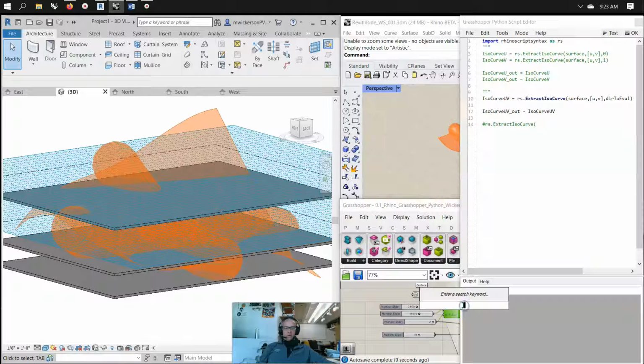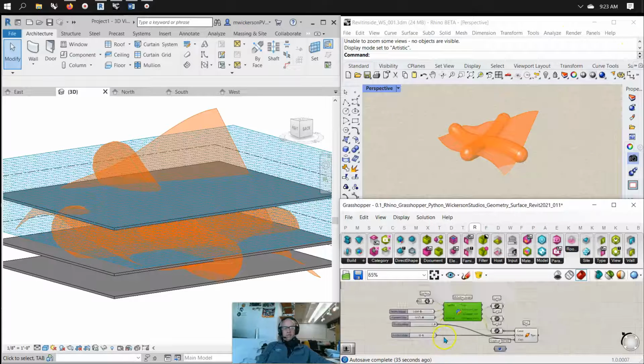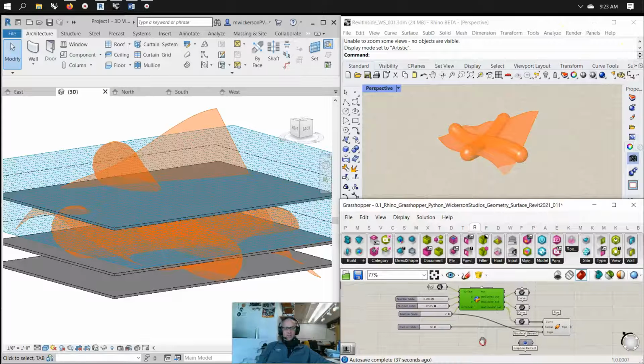Not a hard script at all. I'm not hardly teaching Python. I'm into the GHPython and the Rhino script syntax. This is one that I think can be converted over to the RhinoCommon if you wanted to break it down and know exactly what's happening. And then I would say go into the Rhino development and deal with that on the namespaces and figure out how to do extract isocurve and write it in a longer form. And if you wanted to put that in C# and dig deeper and deeper into this, then that would be totally fine. However, because it's so simple and it does rely on one function, I think that's pretty interesting